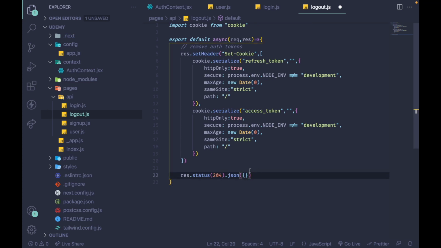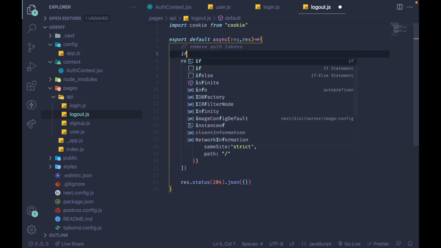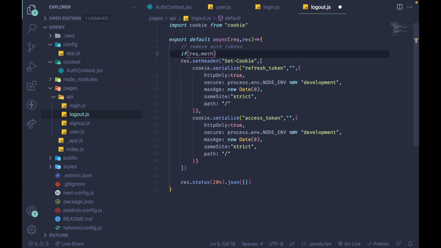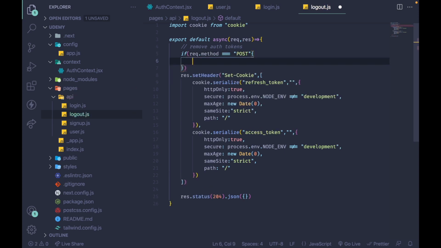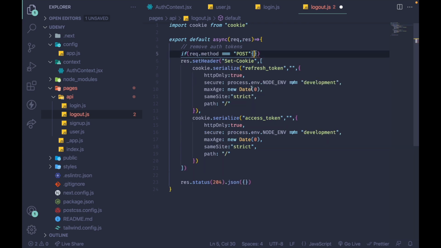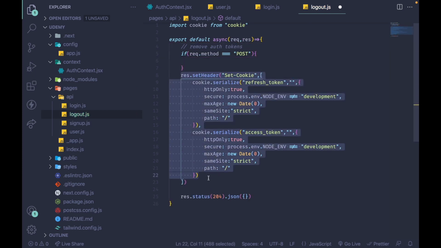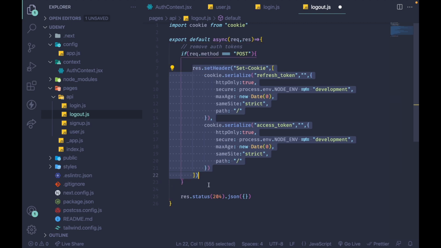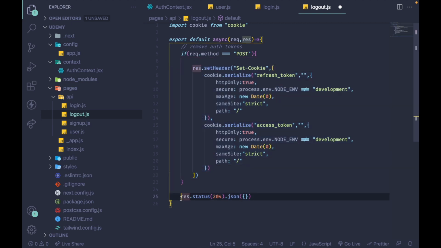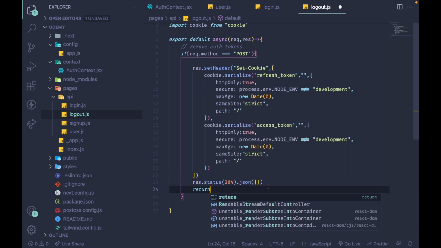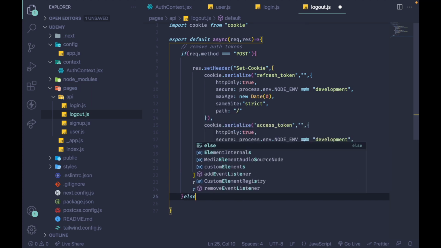Let's put empty. So before we go ahead, let's check the request type. So the request type should be, request.method should be equals to POST. Let's move all this logic up here. Even this one too. Then let's return, else